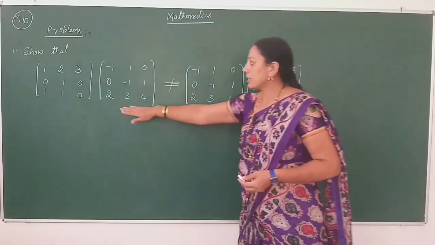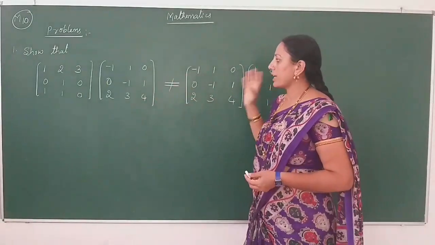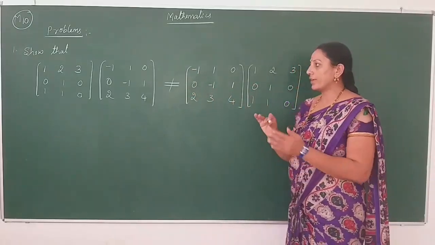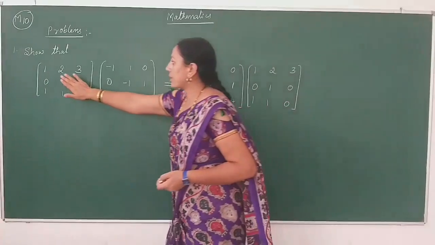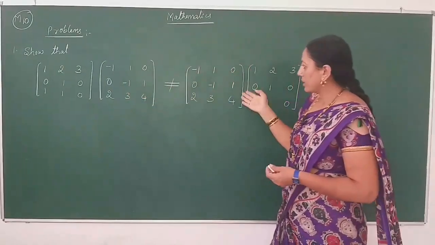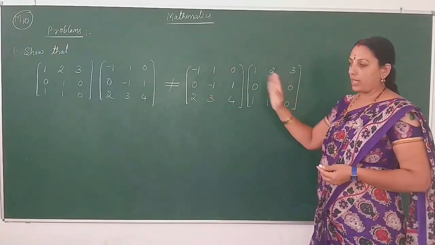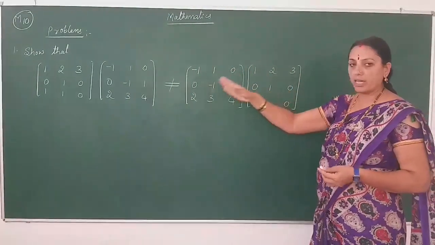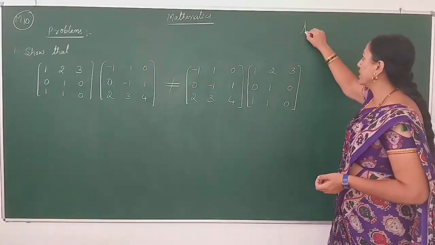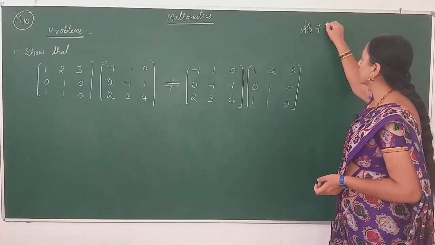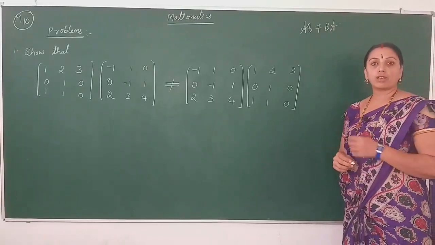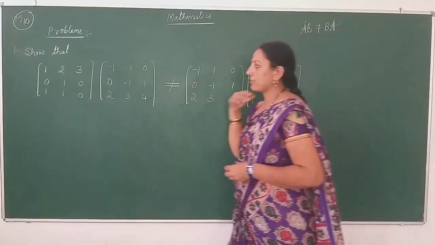But first we'll observe these two matrices. On both sides, it is the same pair of matrices, but represented in a different order. Generally, the first matrix is denoted A and the second matrix is denoted B. The RHS is nothing but B into A, and the LHS is nothing but A into B. We already know that AB is not equal to BA, meaning multiplication of two matrices is non-commutative. Now the same condition will be proved.